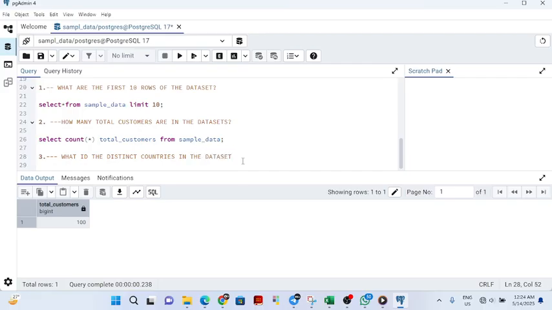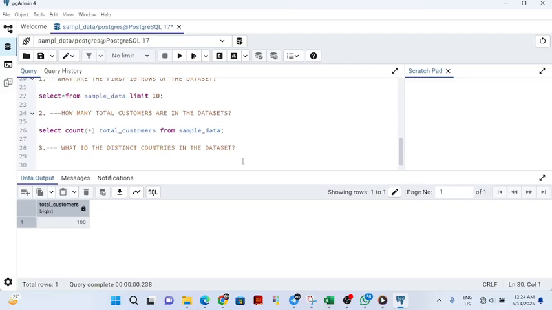I want to know the distinct country in the data set. So which country is very distinct among them? So you say select distinct country from sample data. So you see, that's why I'm telling you that